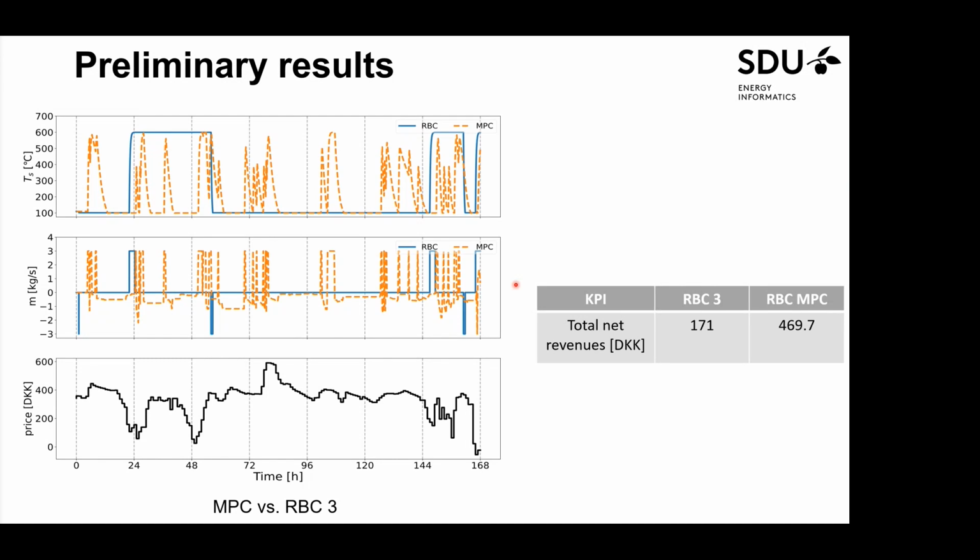In this plot, from the top to the bottom, the subplots are the storage temperature ranging from 100 to 600, the middle subplot is the mass rate, charging or discharging, and this is the electricity price, which is incorporated from the forecast. We compare the rule-based control with MPC. As you can see, these are the KPIs. MPC generates better performance in terms of a higher net revenue, and you can also